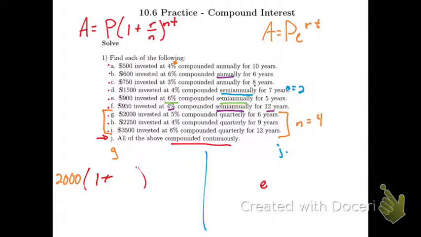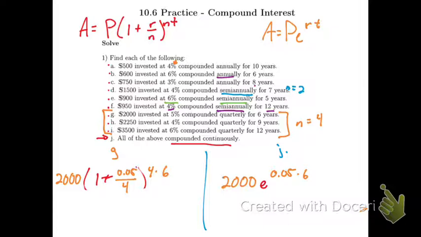2,000 is how much we're putting in at 5%. And then it's going for 6 years. So that means I've put a 4 here and a 4 there because it's being compounded quarterly. Over on the right side for continuously compounded interest, we just put the 2,000 there. And then I have my rate, which is 5%, and then it's going there for 6 years. And that's how you do